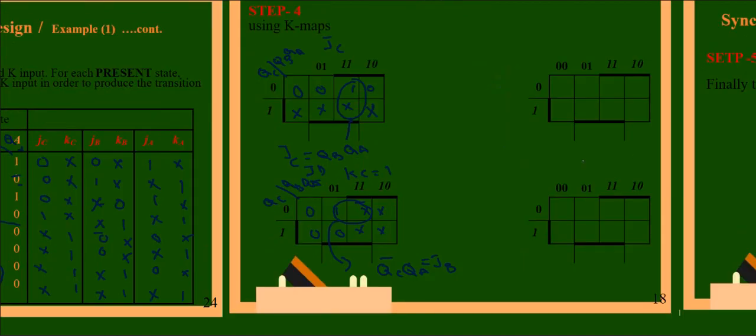A similar equation we can do for KB. If you take KB here, for the particular portion we write whatever input and output we have: QC here and QB and QA here. So these are the present state. When you are talking about KB, we go with the KB portion here. So don't care 0 1. You can write don't care and 0 1. Similarly we got don't care double 1. In this we can do these 3 ones grouping.